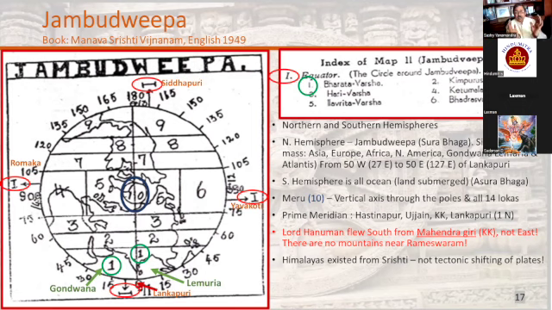So normally they show the globe from the side, and so you see the North Pole, you see the South Pole, and you see the globe, and you look at either the Eastern Hemisphere or the Western Hemisphere. But this is top down. You're looking at the Northern Hemisphere. So Jambudvipa in olden days in Sanskrit texts is the Northern Hemisphere of the Bhugola. And in the Northern Hemisphere, let's walk through this. This is the Northern Hemisphere that you're looking at.